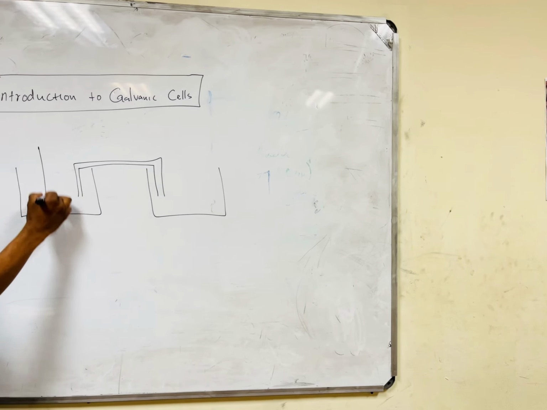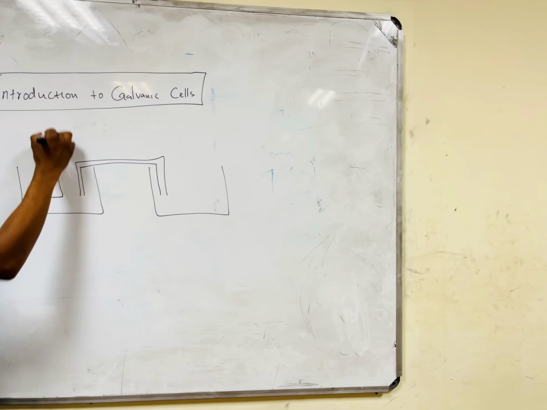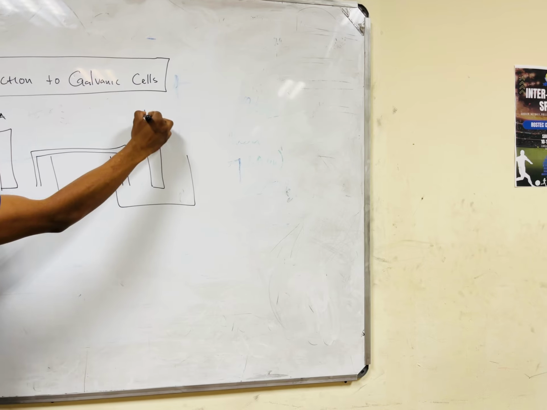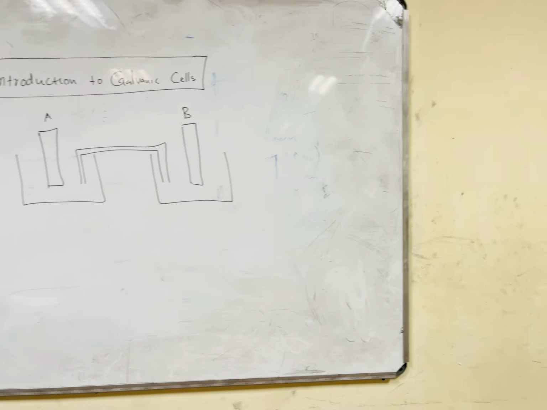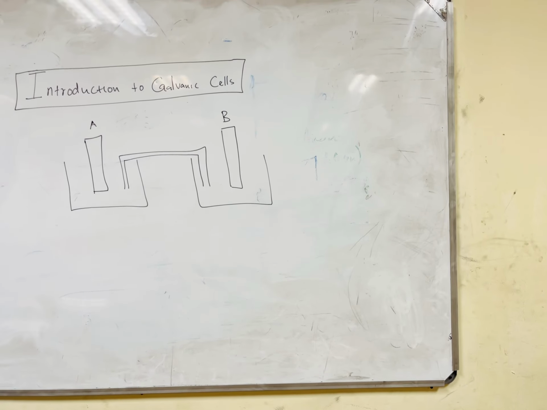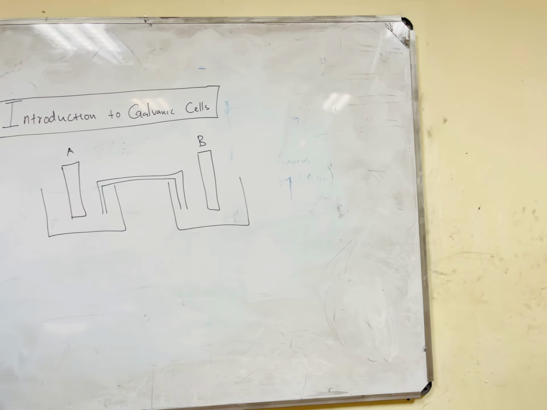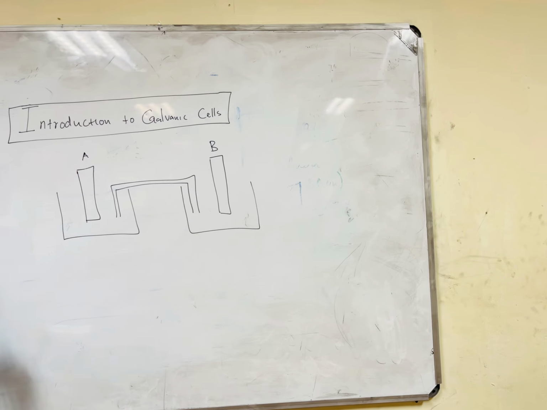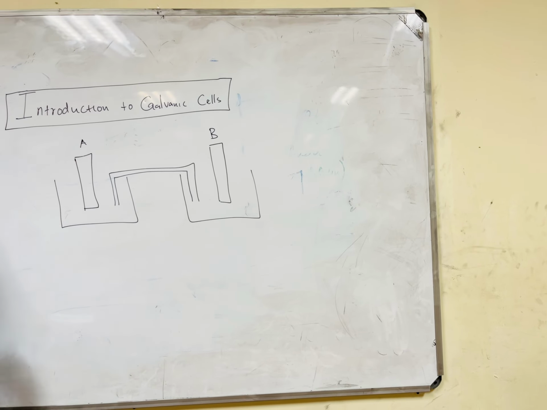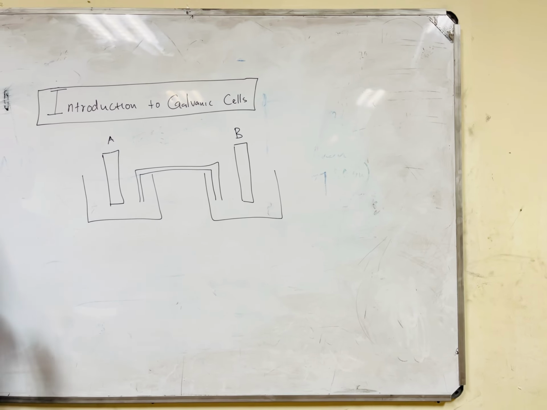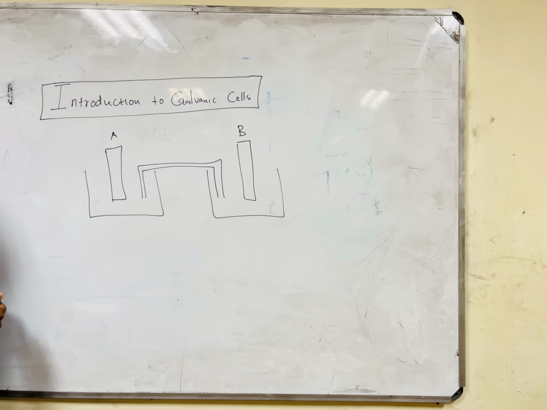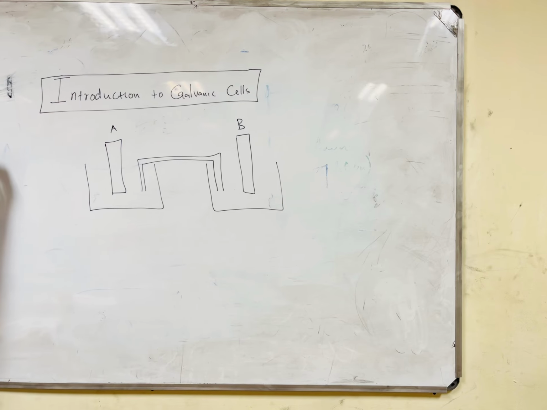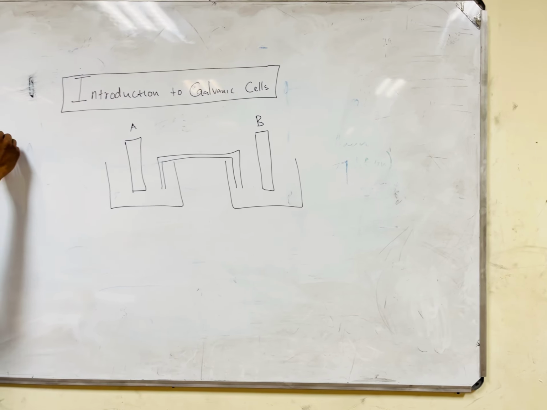You will have your electrodes, electrode A and electrode B. The first thing to do is to identify the anode and cathode. One of these electrodes will be an anode and the other must be a cathode. Now how do we tell which of these is the anode? We use three things. If you are given the names,